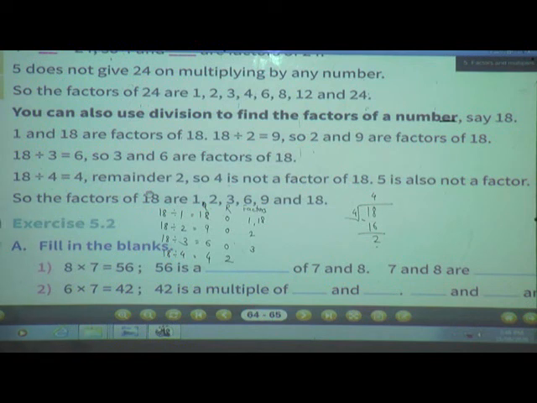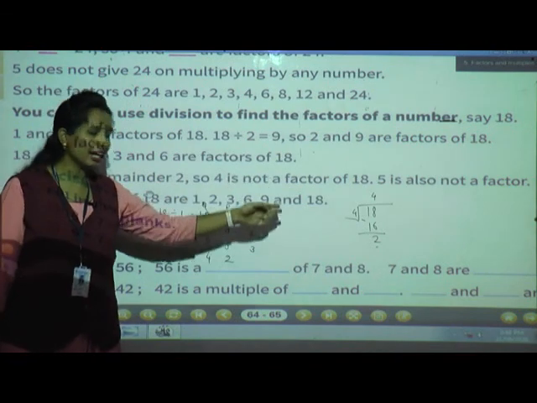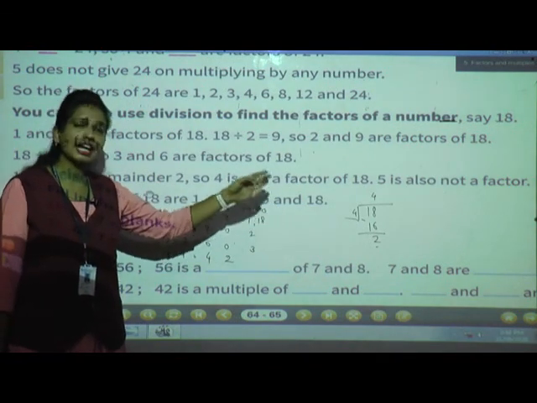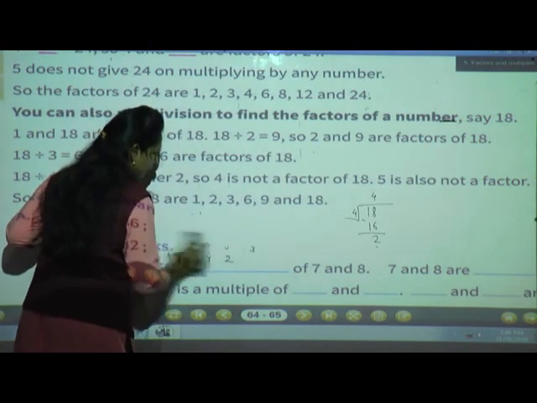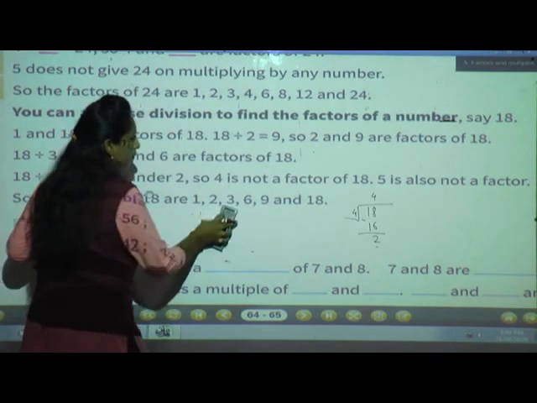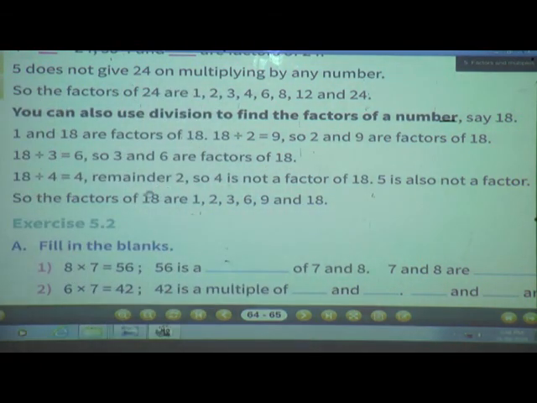What about 9? 9 into 18, we can divide with 0 remainder. So 9 is a factor. After that, the highest factor is 18. Now this is a very big number. So what I'll do, I'll explain this sum with a small number, how to find factors by using division.